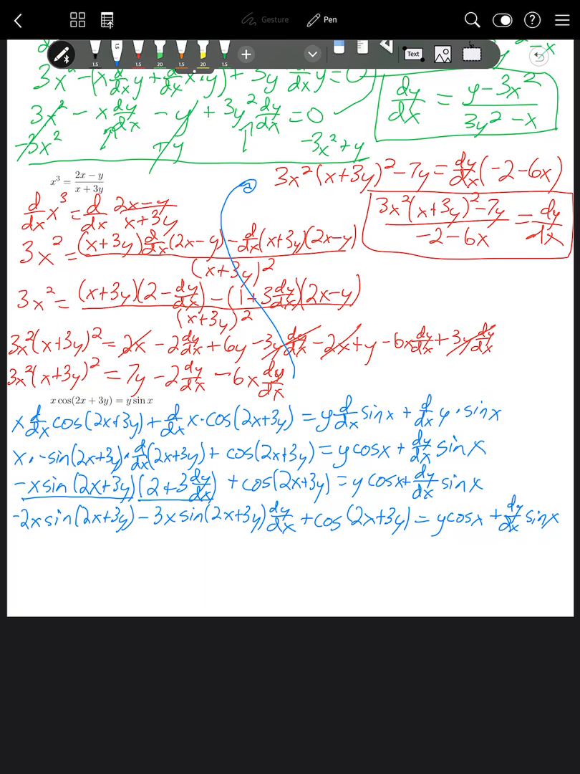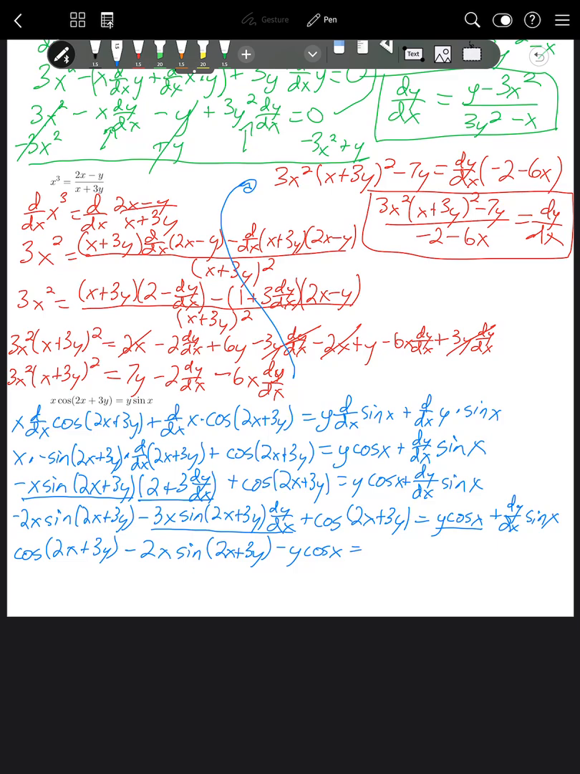So I'm going to subtract y cosine of x from both sides. So the left, and I'm going to add 3x sine 2x plus 3y dy dx. So I'm moving this to the right and I'm moving this to the left. So this will be cosine of 2x plus 3y minus 2x sine 2x plus 3y minus y cosine x equals,